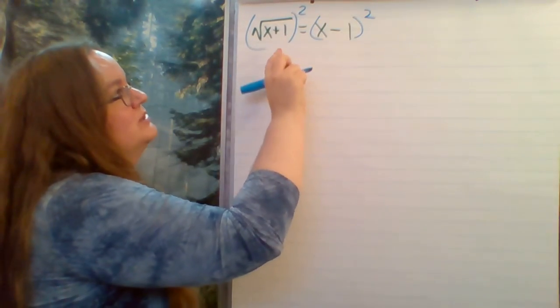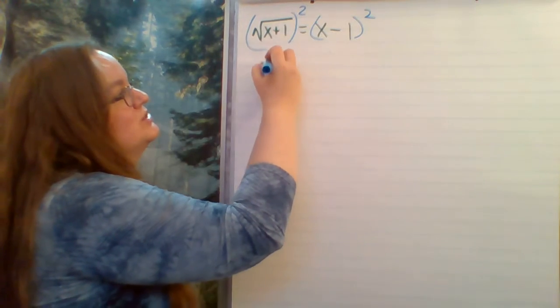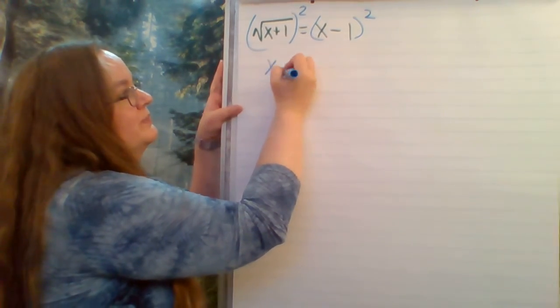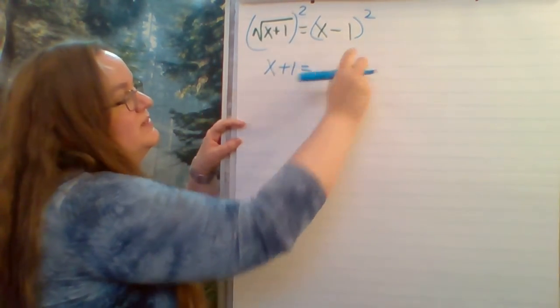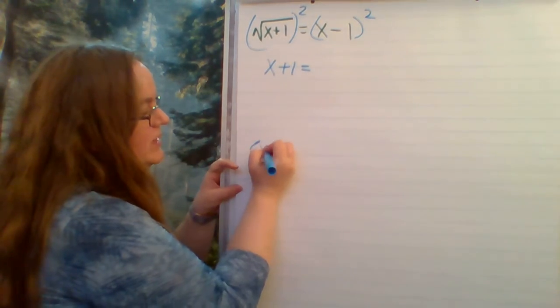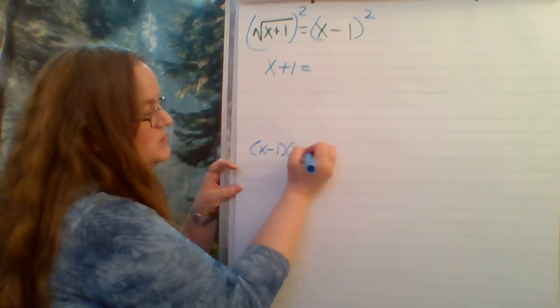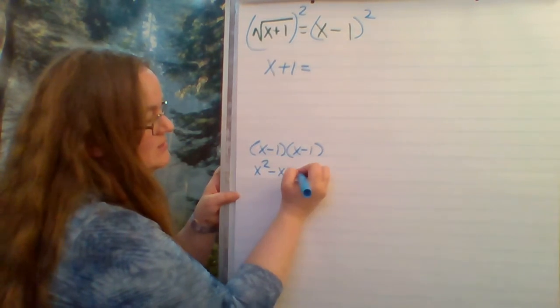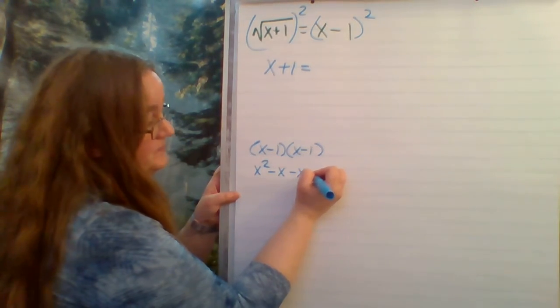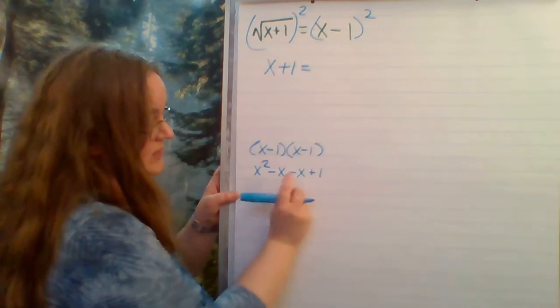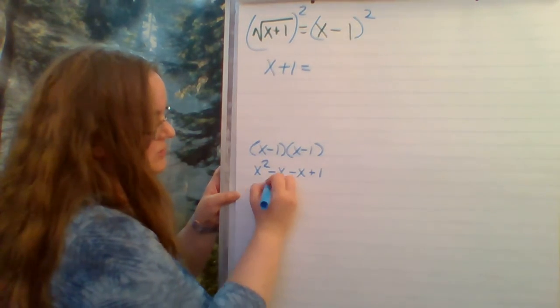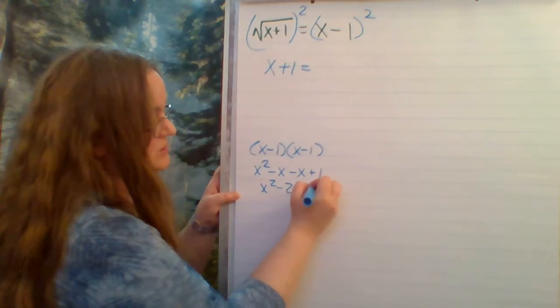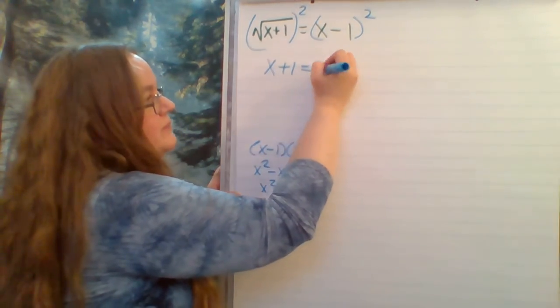The square root of x plus 1 squared is just x plus 1. Equals, and then I have to FOIL that out. Remember, x minus 1 squared is x minus 1 times x minus 1. So it's x squared minus x plus 1. And so this becomes x squared minus 2x plus 1. So now,